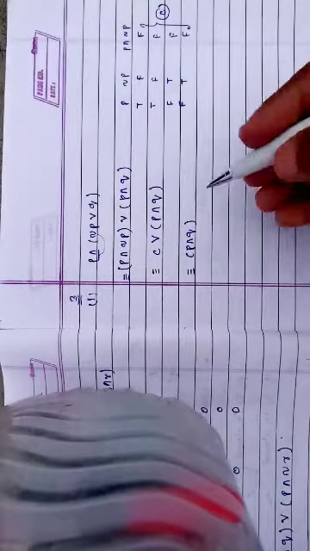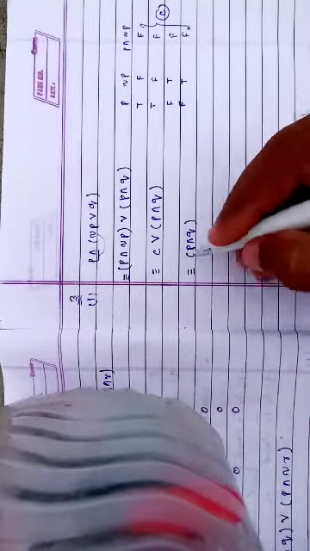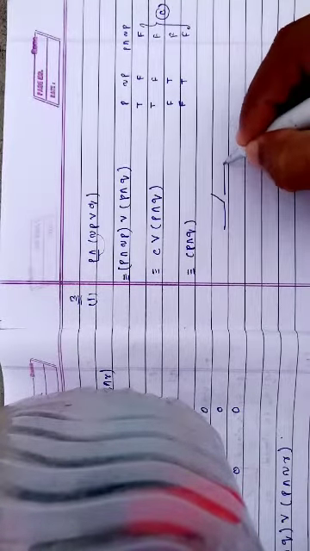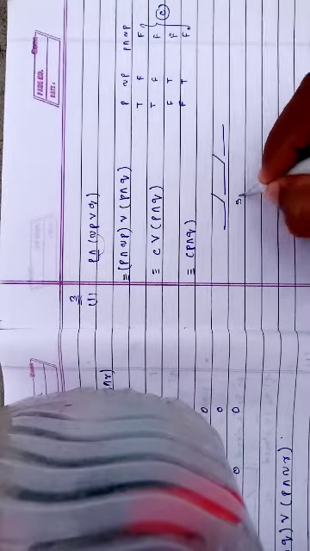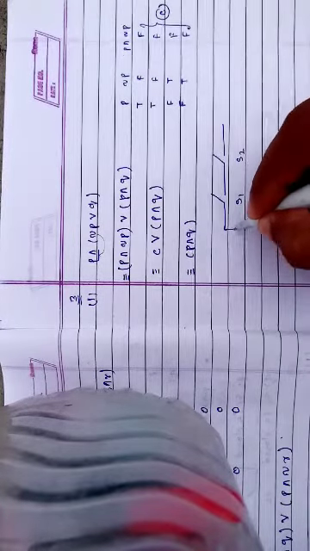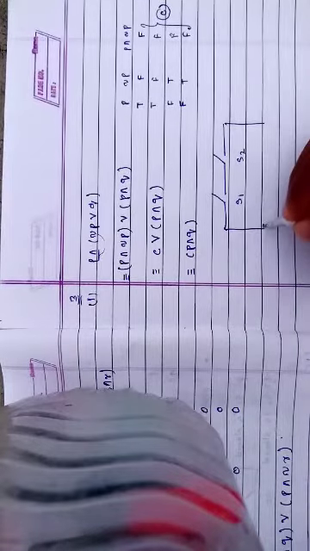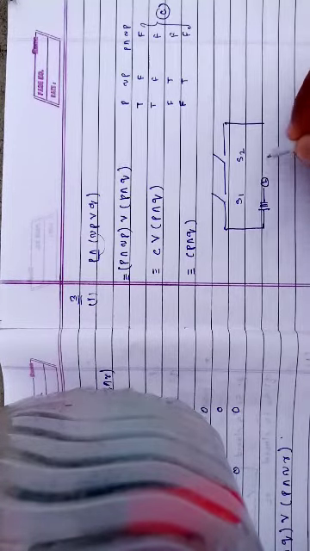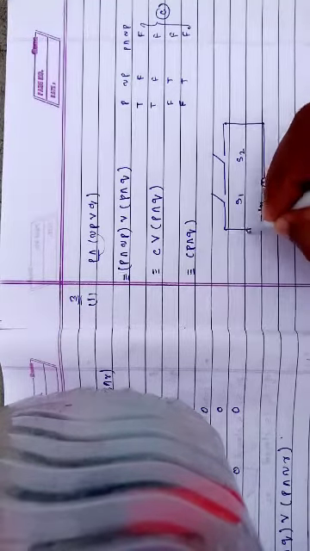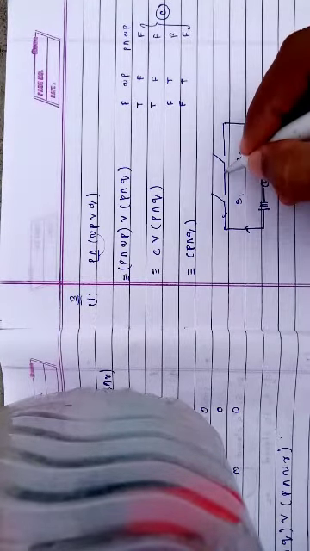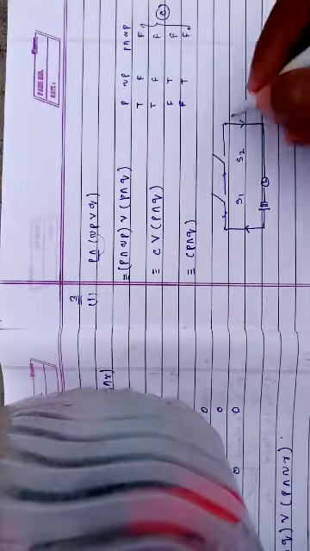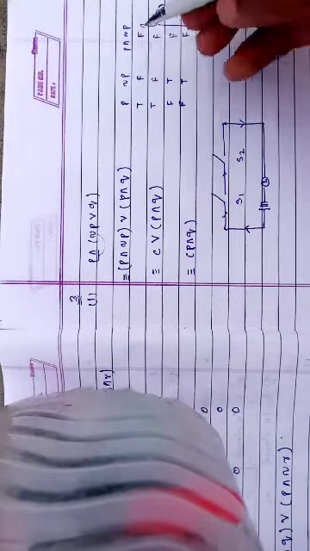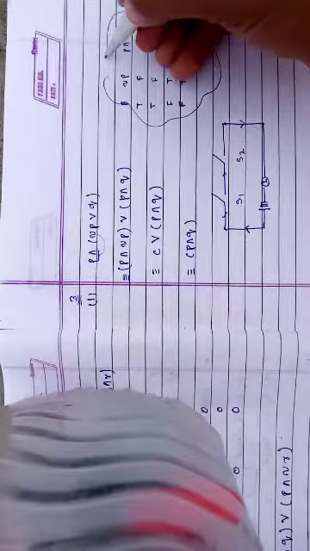Okay, so we have to draw the circuit diagram for this. Both the components are connected in series, so directly you can draw. This is S1 and this is S2, which are connected in series. So you will connect it with the battery, then the lamp. Okay, then don't forget to show the flow of current. So this is the third type of question, and this is your rough work. If you know the property, there is no need to do this.